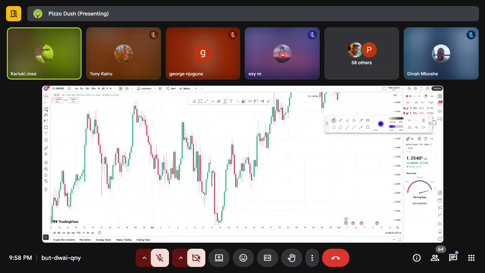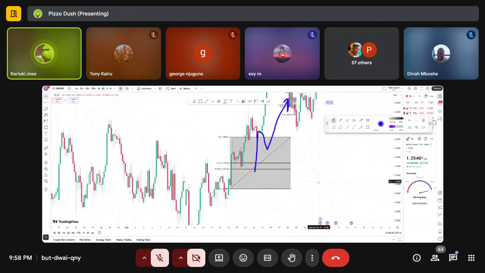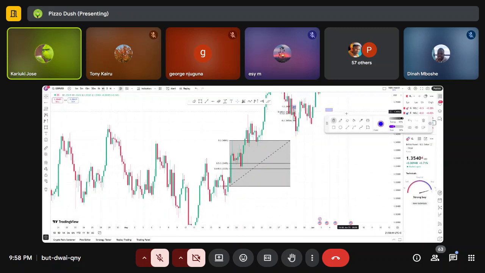Sasa tuone kama tumepata hii buy entry hapa hivi in case tungetumia Fibonacci. So from this low down here mpaka kwa hii high kwa hapa hivi juu. Tumesema usiache hivyo, extend it sideways like that. Now what happened the moment the price came back to this zone, you see price went aggressively up. So after price ilienda juu, ilikuja ikatap hiyo zone ikaenda juu, then ikaanza